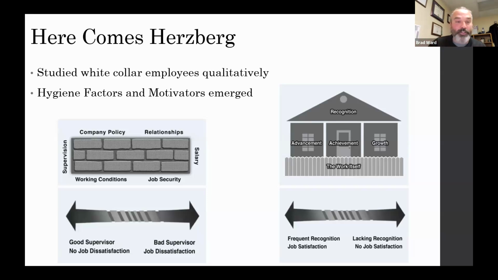For example, if you have bad policy, you'll start getting a crack in the foundation. If you have dysfunctional relationships, we're going to get cracks that need to be fixed. If our salary isn't keeping up with cost of living, crack. But if we fix the cracks and then make these positive, at the end of the day, it's still not going to make us happy. But these things will make us happier, if you will, but not until these are fixed. Most bosses try to motivate with these, which is a good start, but you also have to have these built in. You have to have both.